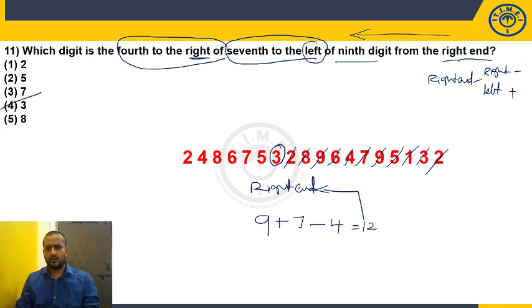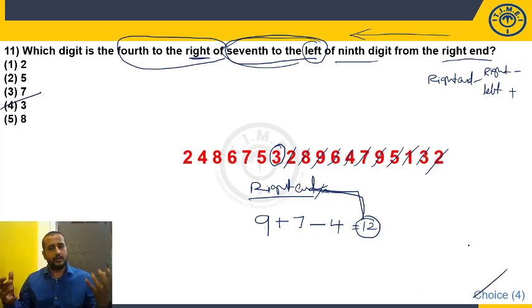Quite simple. Go to the base, take the base and number, take it as it is. Go to the previous step. So left, take it plus. Go to the previous step, right, take it minus and place the digits. Simple. And finally, whatever the number you will obtain, you start counting from the end, whether it is right hand or left hand as per the question. So choice 4. Very simple, right? So if more number of steps are given, this is the advantage. 12th one.